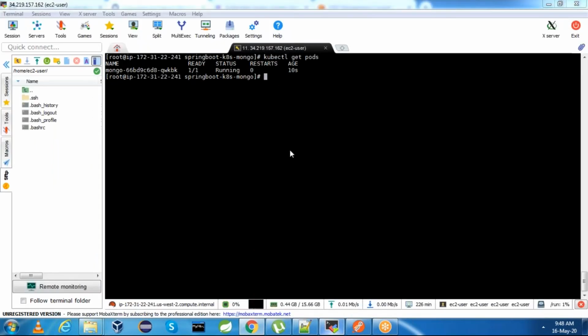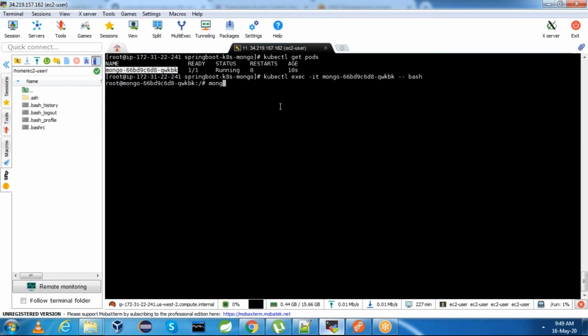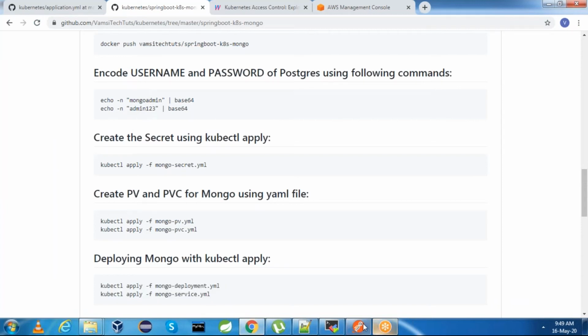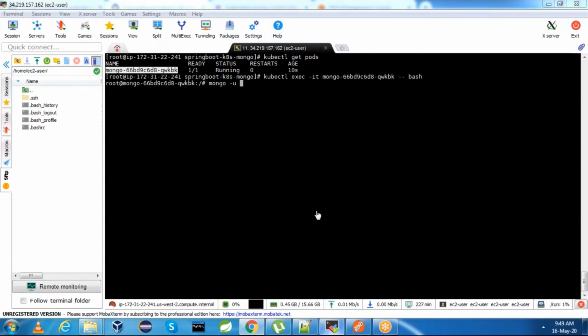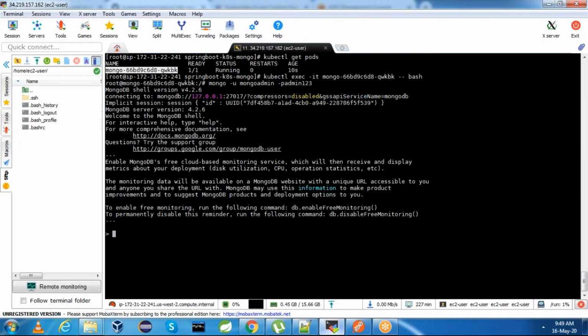Let us connect to the pod. kubectl exec -it, interactive terminal, and this is your pod name, -- bash, and then mongo -u, username is mongoadmin, -p, password is admin123. Now we are able to connect to Mongo perfectly.